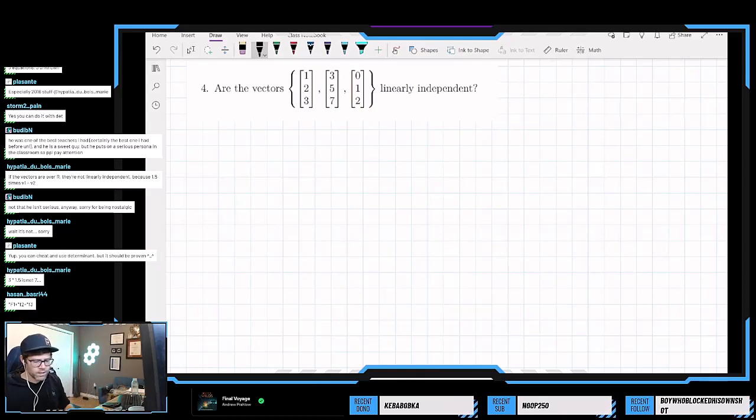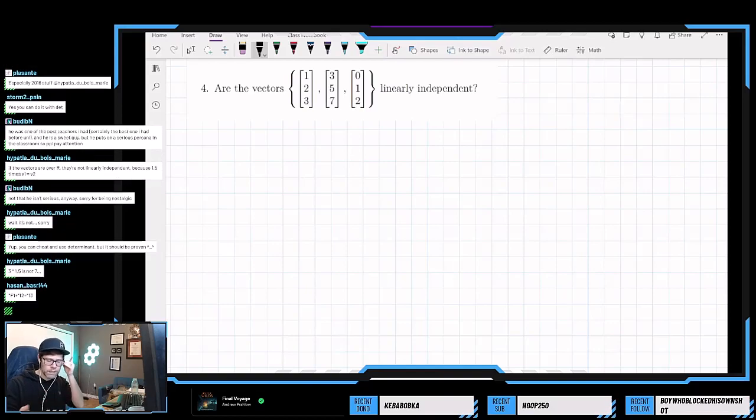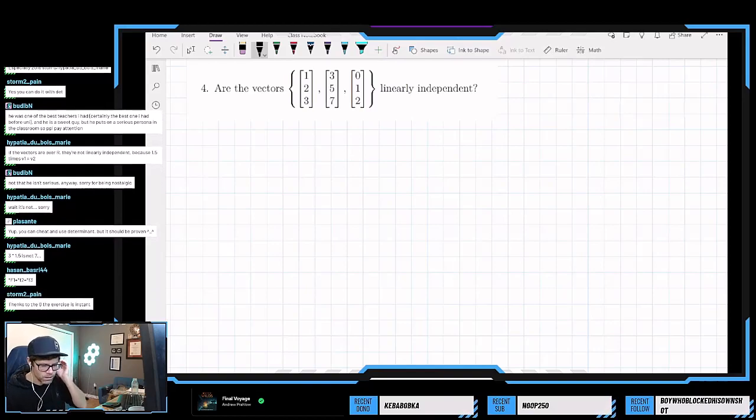So if we want to show that these are independent or not, we can either use Hypatia's suggestion, which is to see if I can easily find a multiple, which it doesn't look like there's an easy multiple that we can choose here. So we've got to go the hard way, right? We have to set up a system of equations. So we're going to consider,